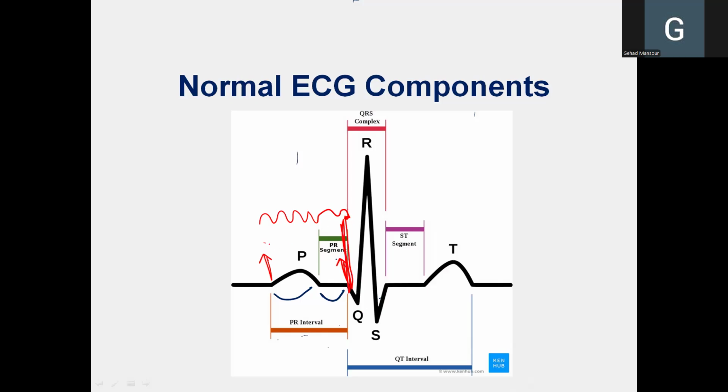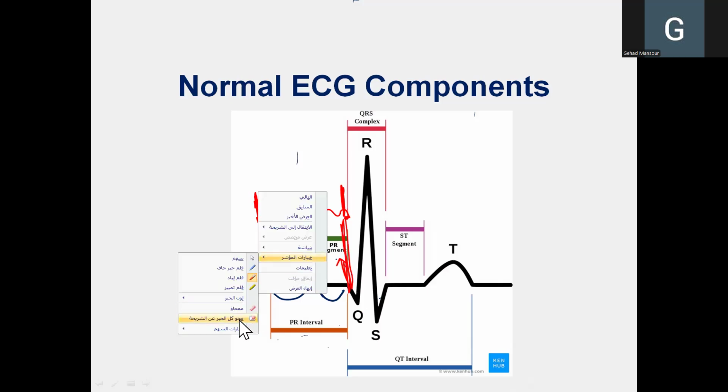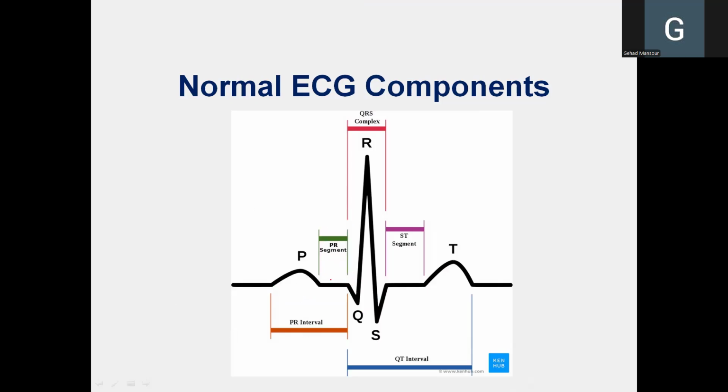So it actually represents the duration of time between the beginning of atrial depolarization and the beginning of ventricular depolarization. As for the PR segment, it just represents the conduction of electric impulses